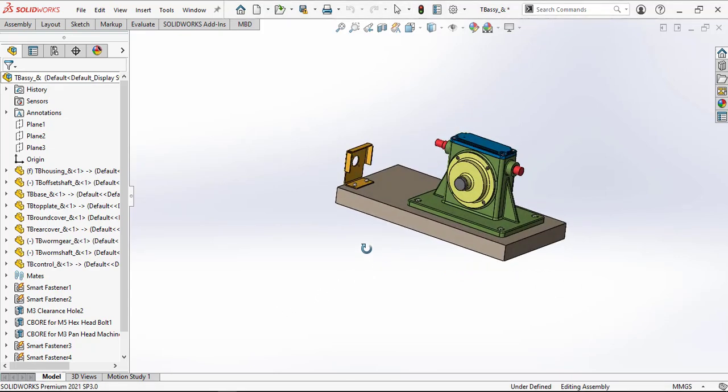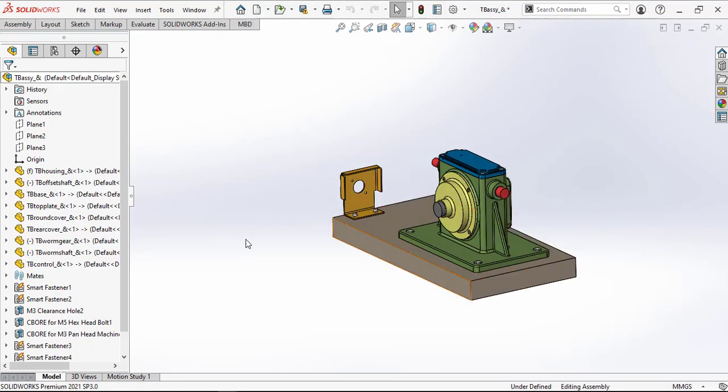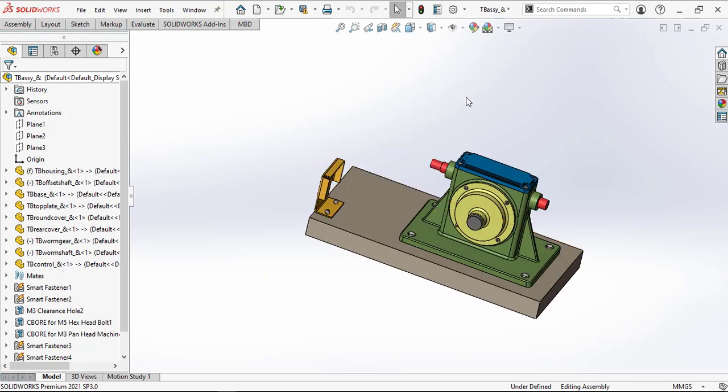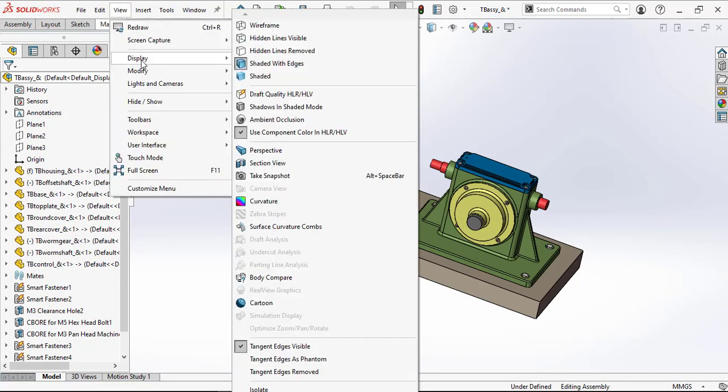Hello everyone, in this session I'll show you how to activate the RealView graphics if you are using uncertified graphics. As you can see here, there is no option for RealView, and in the display it is grayed out, right? The RealView graphics. So in this case, what we need to do is: